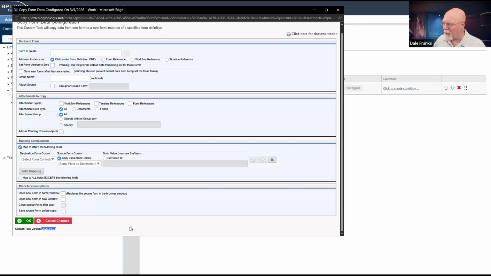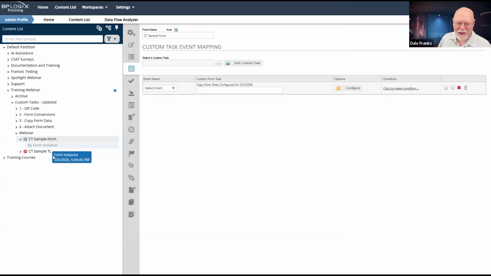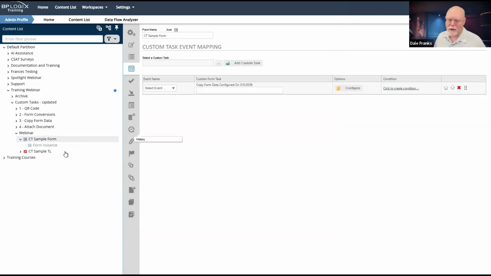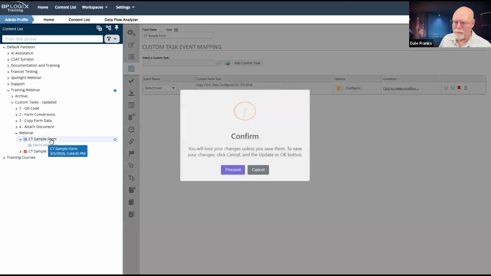Every single custom task has its own version number, basically, which is the date time group for when it was edited. So if I ask you for the custom task version in a tech support ticket, or if Felipe or Eduardo or Francis or Anita ask you, that's what we're looking for. We're looking for that specific custom task version number, which is always right below the buttons on the custom task at the bottom of the screen.